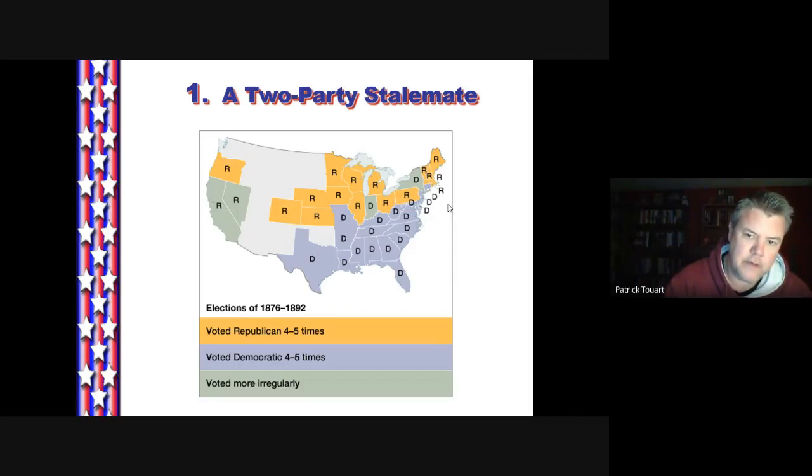Clearly, once Reconstruction ends, now keep in mind that's with the election of 1876, overwhelmingly the former Confederate states and border states are going to vote Democrat for the next almost 100 years. So we're talking, as soon as Reconstruction ends, about the solid South. It will stay Democratic Party dominant really until the election of Ronald Reagan as late as 1980. So you're talking about 100 years of Democratic Party